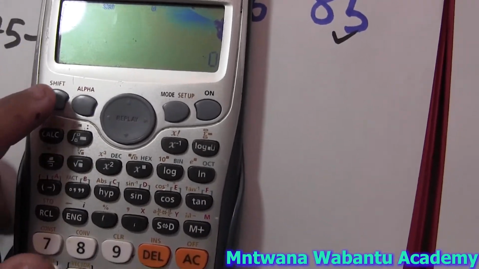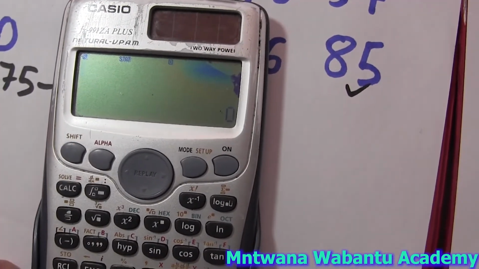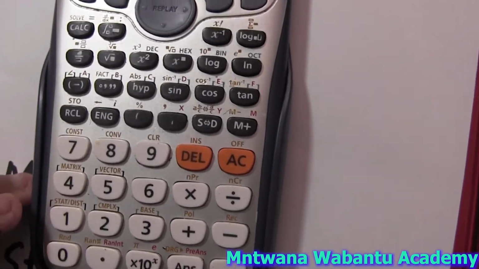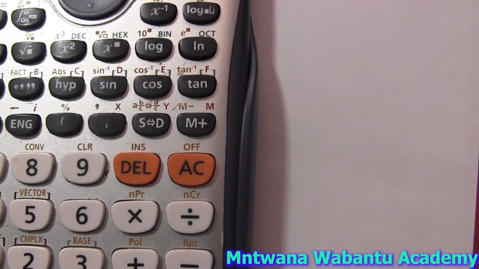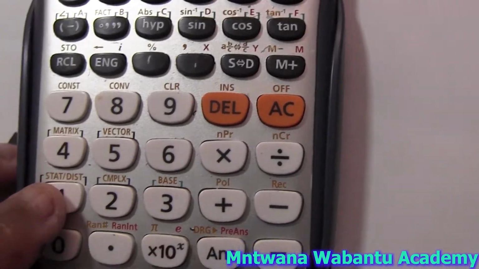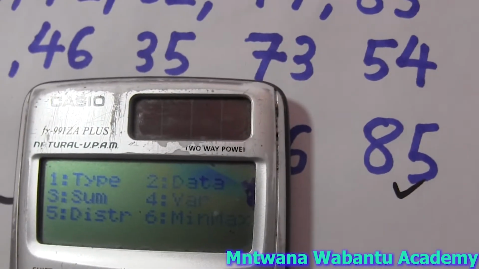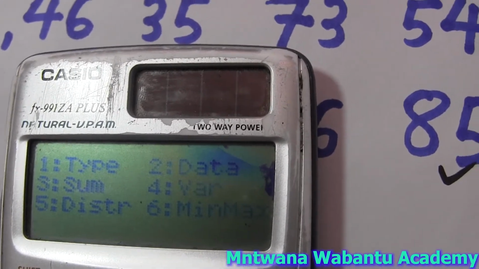And then after that, say shift. Click shift, and then after that, come to number 1, which says stat distribution. Number 1, yes. Come here, click number 1. Okay, so it takes you here. So when you come here, your intention